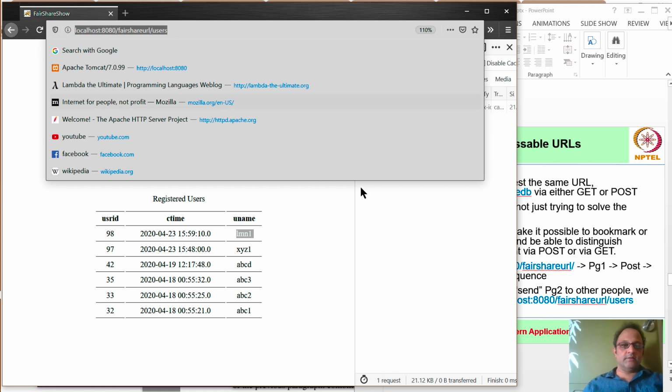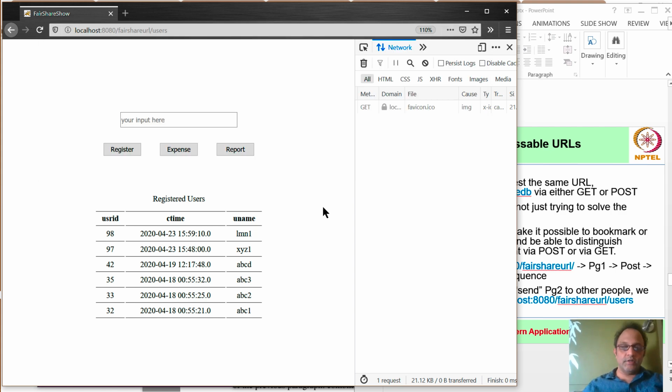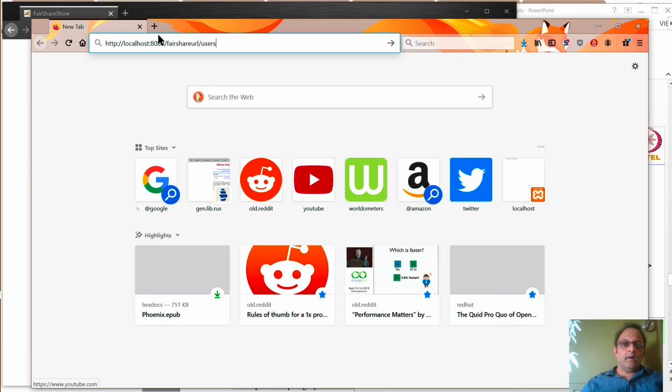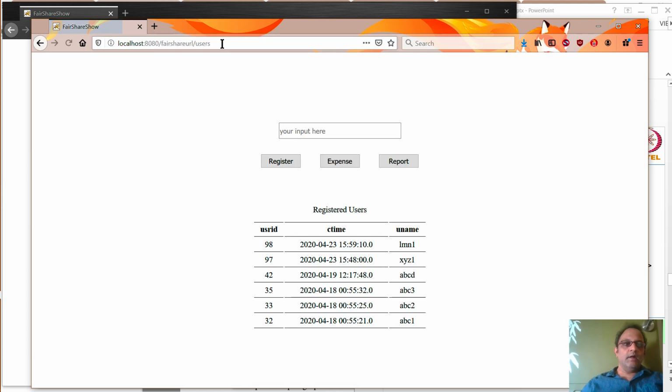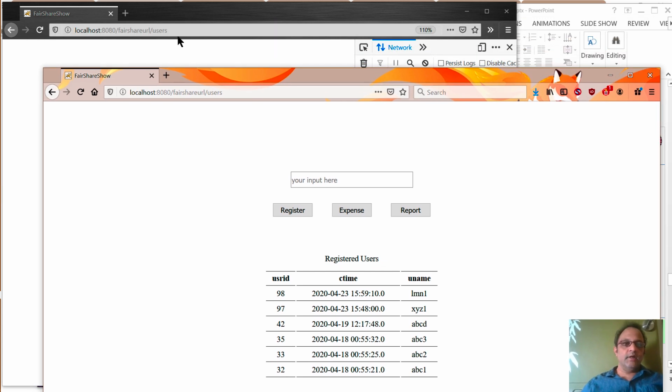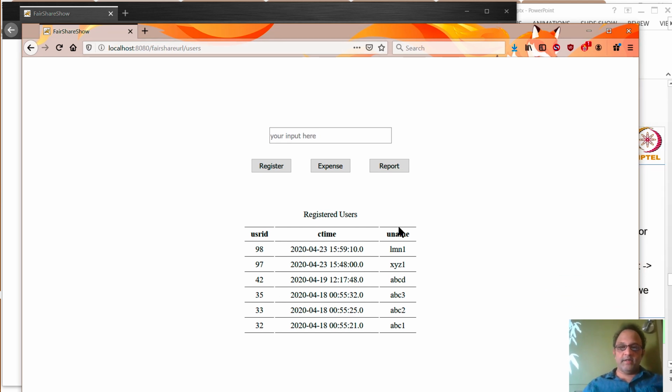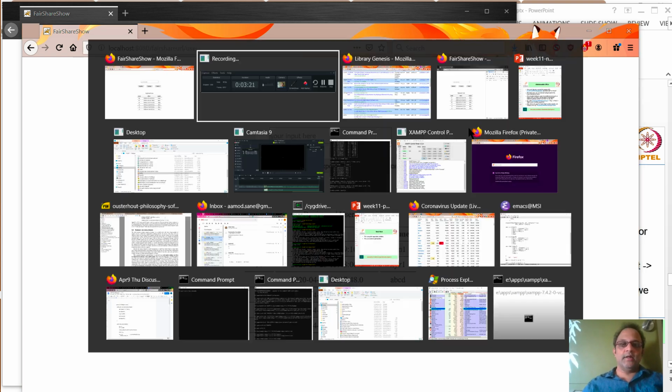I can take the user's URL and use a fresh browser instance, which is different from the one I normally use. I hit this and I can see the same data again. So from two completely different browsers, I am able to retrieve the same data. And this way, the new application state, the one which contains the user LMN1, which is the latest application state, has become visible through a new URL.